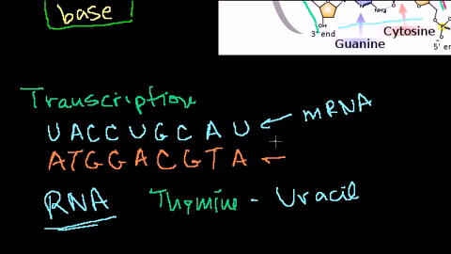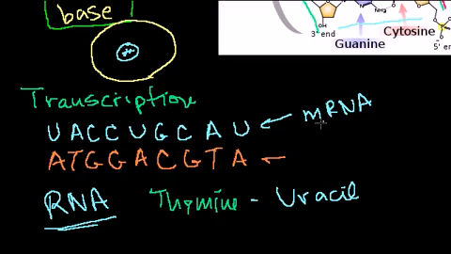And all of this is occurring inside the nucleus of your cells. We'll do a whole series of videos in the future about the structure of our cells. But I think most of us know that most complex organisms have a cell nucleus where we have all of our chromosomes that contain all of our DNA. And so this mRNA then detaches itself from the DNA that it was transcribed from,